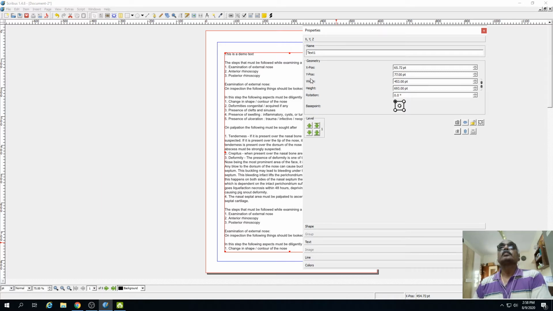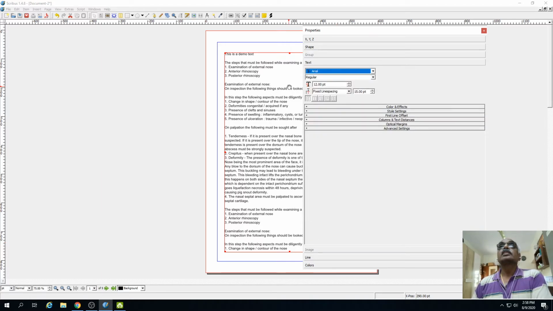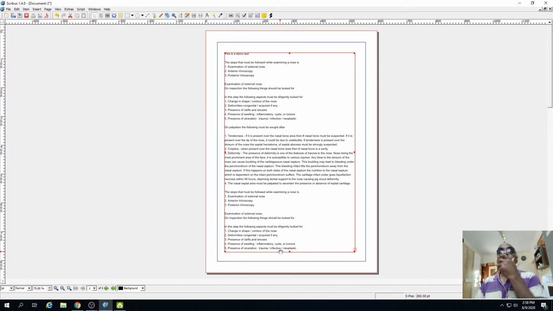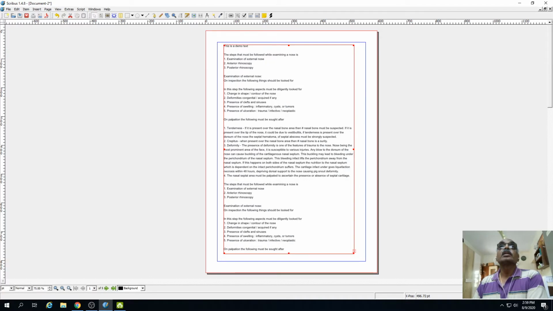Here it will give you text. Here the text is 12 points, so we will make it 10. See what happens. I made it 10. See, the size has reduced, but still some more lines need to be accommodated. So you can push the text box up, try to create space. Still there are some more lines.